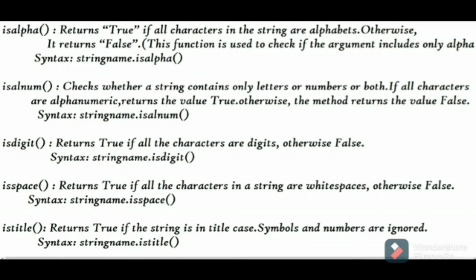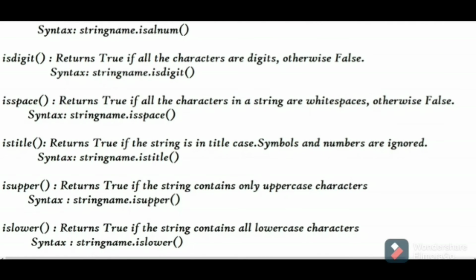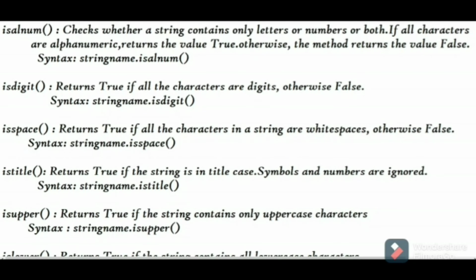The isdigit method returns true if the string contains only digits. To deal with only white spaces, Python strings offer a method called isspace, which returns true if the string contains only spaces. istitle deals with cases. It returns true if the string is title case, else false. isupper returns true if the string contains only uppercase characters, and islower returns true if the string contains all lowercase characters. All these methods do not take parameters. Let me show you small examples on these methods to understand them briefly.